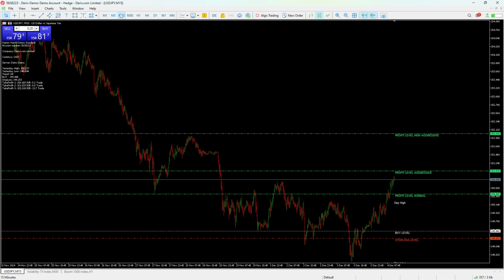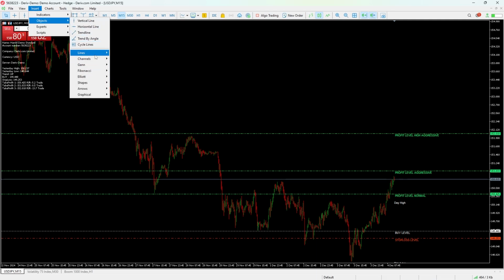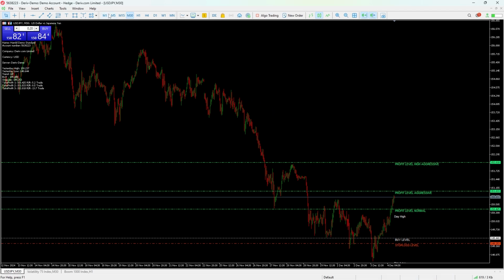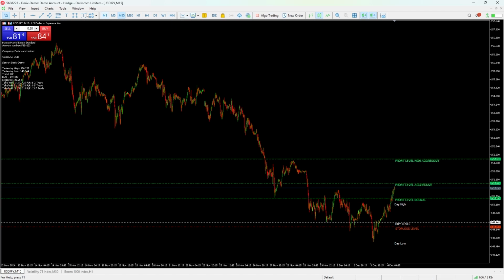So how to apply this is basically simple. The logic around it is that, if I'm to show you here, price highlights the previous day's high and low, right, over here. So let me just say 15 and then zoom out. So price marks the previous day's open, high and low, and then it gets to